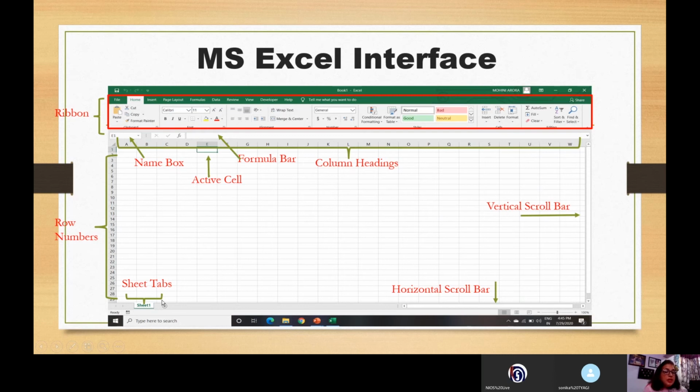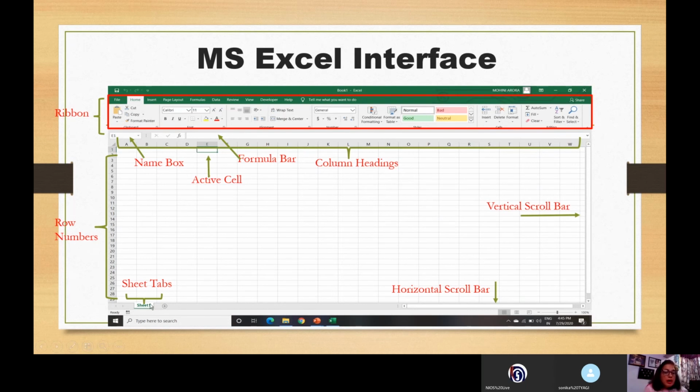Then you have various sheet tabs. Down below in the worksheet, you will see Sheet1 written here. When you open the 2016 interface for the first time, you will see that Sheet1 is here. This Sheet1 is the active sheet. Please understand that MS Excel is a collection of worksheets and we call it a workbook. A collection of worksheets is called a workbook. In the same manner as in a document you have multiple pages, similarly in a workbook you have multiple sheets. So at present I am working in Sheet1.